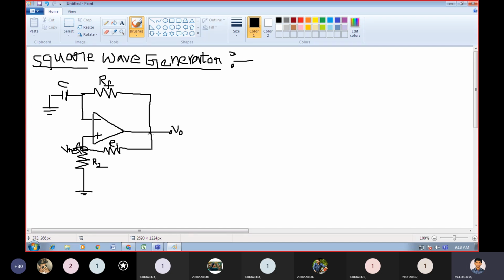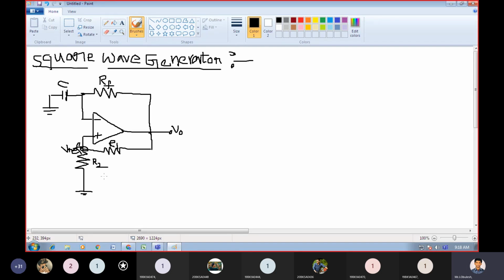And here we are connecting positive feedback also. For positive feedback, these two resistors R1 and R2 form an inverting